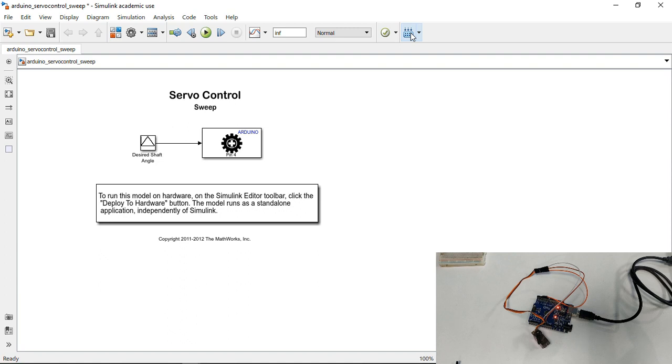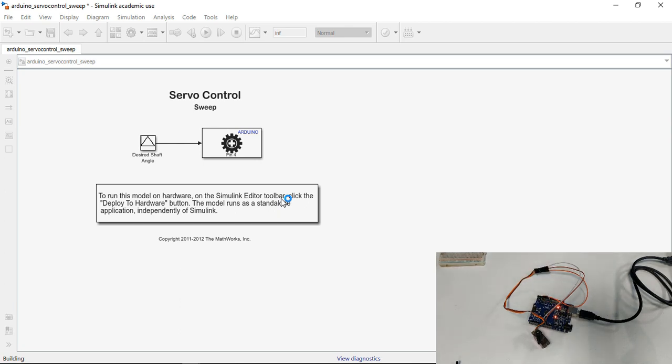So this is the very important step in Arduino, when you have to configure the tools, configure the hardware parameters, so that your code works. Most of the people run it on the target as instructed over here. They deploy it to the hardware, but they do not know how to change the configurations, which is very important in order to build the model, run it on the target hardware.